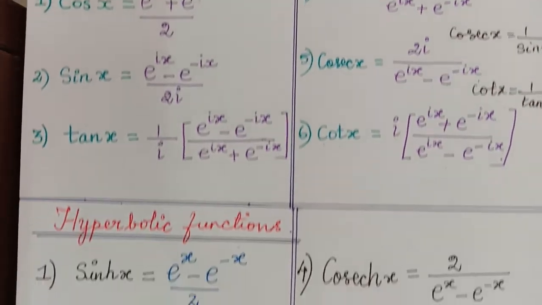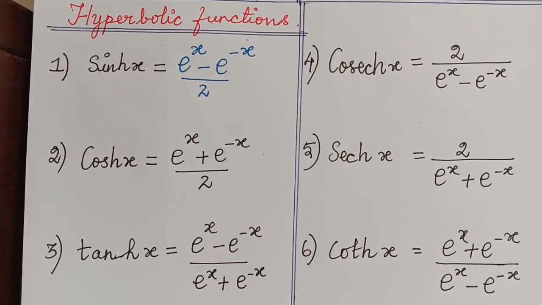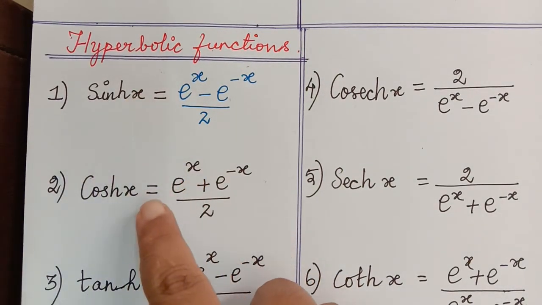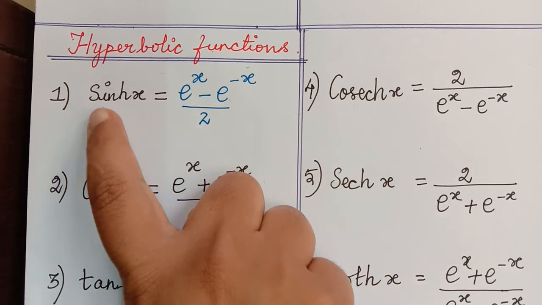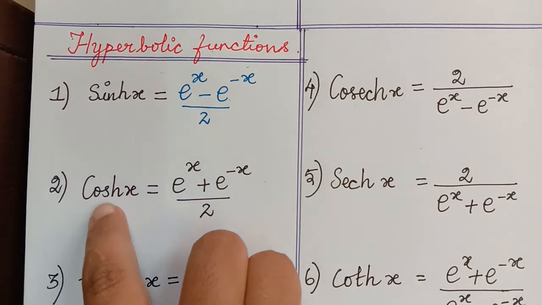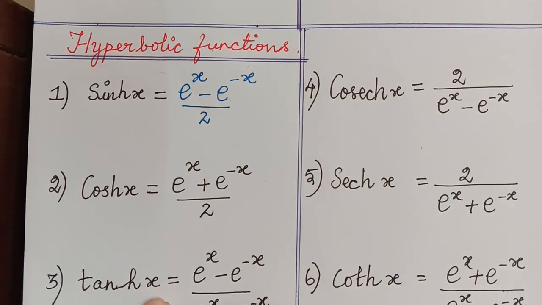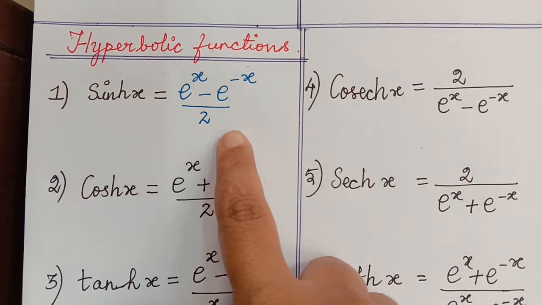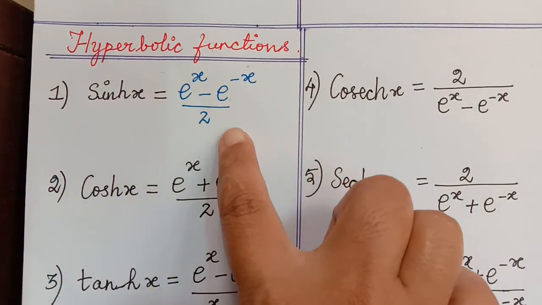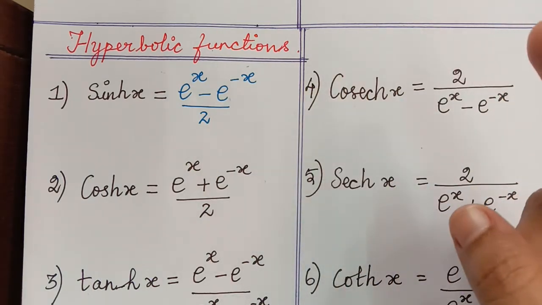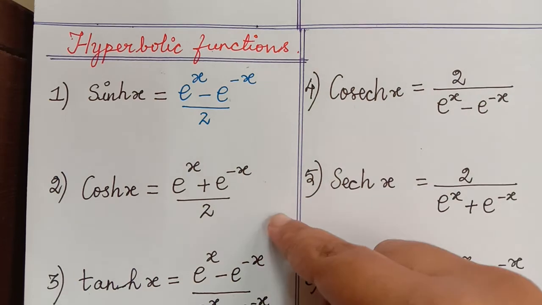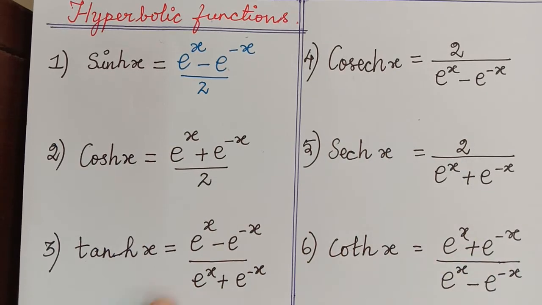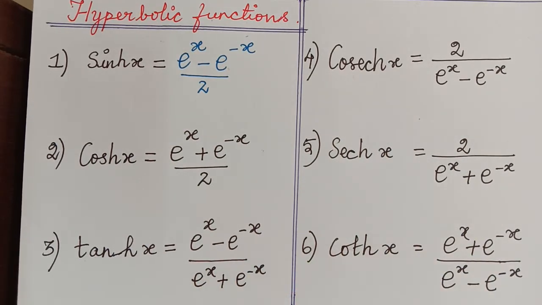So now let us learn about the hyperbolic functions. What are hyperbolic functions? In trigonometric functions we have terms like sin x, cos x. In hyperbolic functions it will be sinh x, cosh x, tanh x. These are the hyperbolic functions, and they are given in terms of exponential functions. They are derived from the circular functions and the exponential functions by using the relation between them, but you don't need the derivation, so you need not worry about it. You can just study the formulas here.